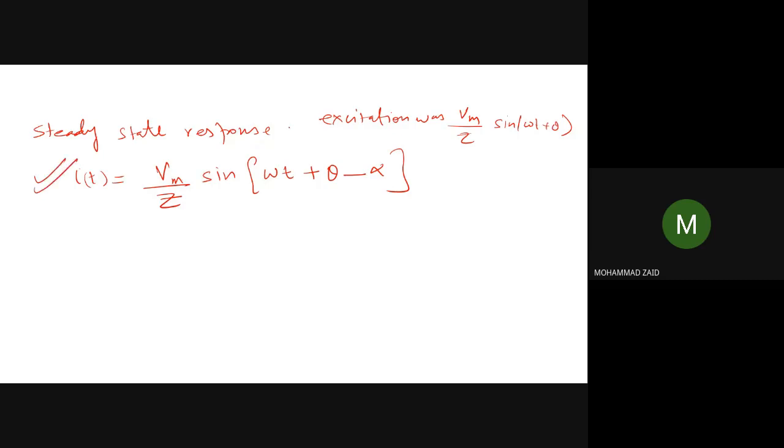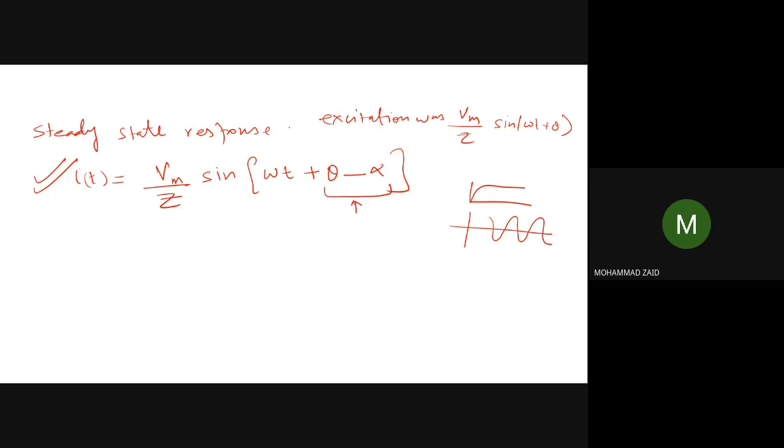In the case of DC, finally the response became DC. In the case of AC, after the transient part, the response will become purely sinusoidal. Only the phase difference will be a little different depending upon whether the circuit is an RL, RC, or RLC circuit. Otherwise, everything remains the same. If you have a DC excitation, you will get a DC response. If you have an AC excitation, you will get an AC response. The only difference is the phase difference, and the transient part will remain the same.